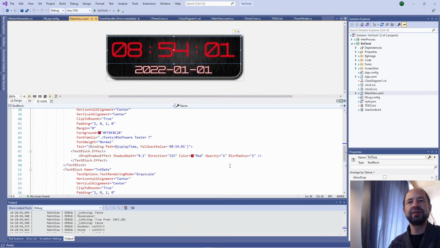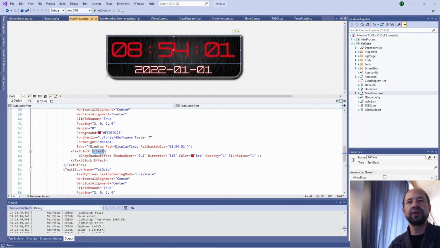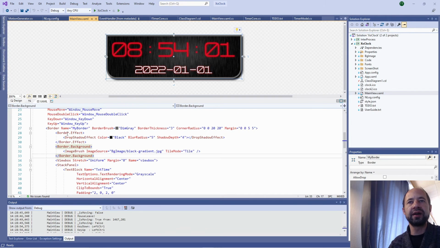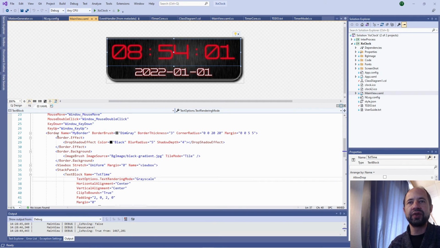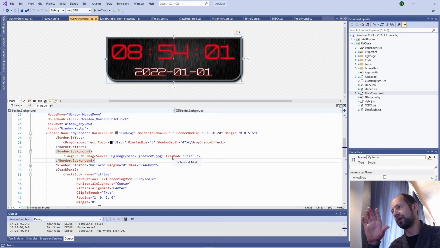I define explicitly different elements like a text block here, which is named text state, a text block with some text block effects inside the border here with background effect, etc. So here I am making some configuration inside the XAML file that you see here, which, once it has been compiled, cannot be changed anymore by the user, because after the build and compilation process, this file is not available to the user.